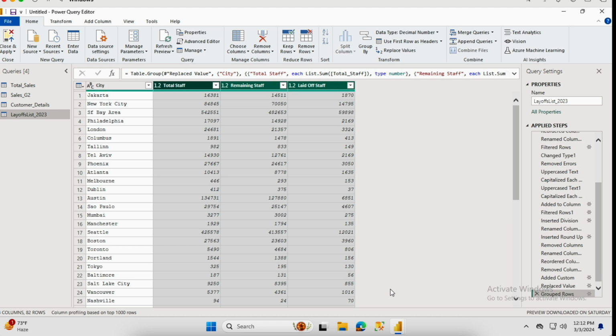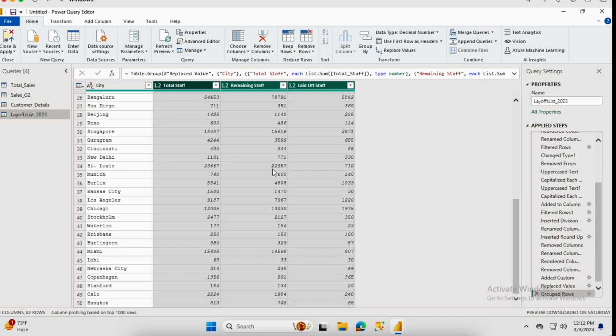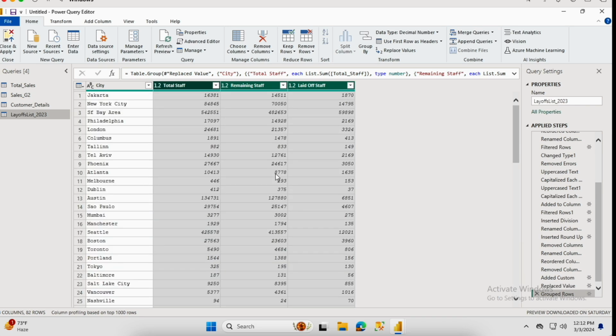You will get the outcome on the basis of cities. These are the things we are getting with the help of group by. We have New York, we have London, we have other cities for which we are getting all the records on which we have performed group by. So whenever you have to collect these kinds of records and perform activities or create a visualizer or a report, you have to perform group by, and then you will easily find these things and use this data over your report or visualizer.